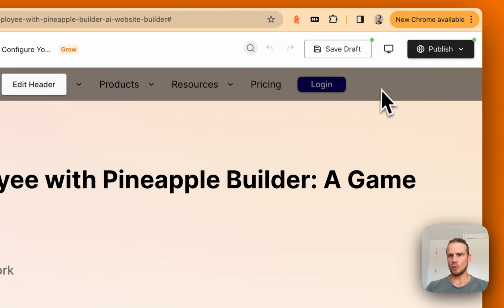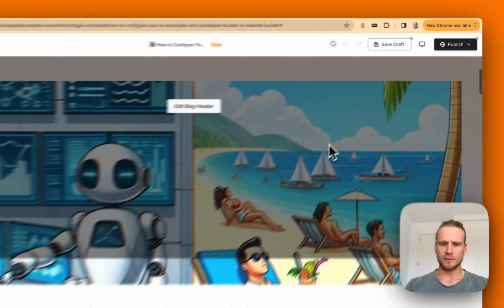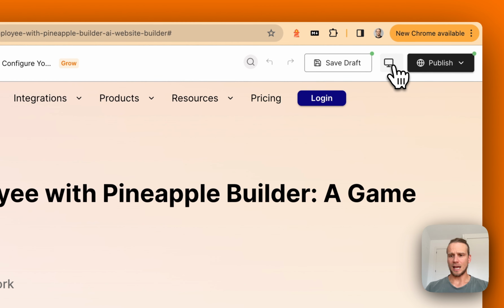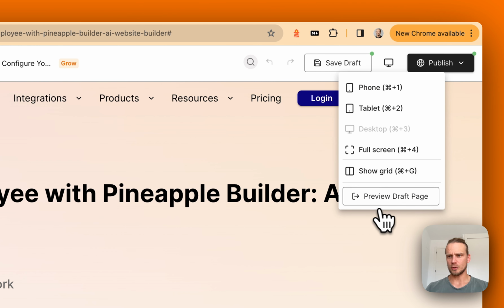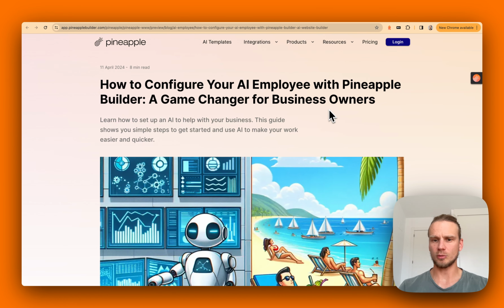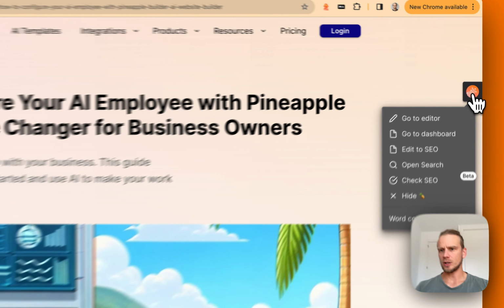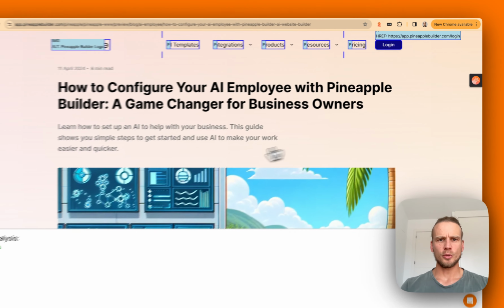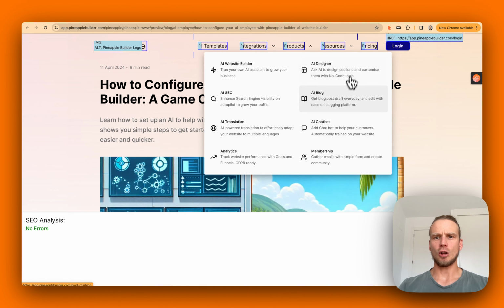Although as well, it's good to double check if the structure or all the links are working on your page. And now we have a new way to do it. So you can go and preview the draft page, so you don't have to publish your page yet. And over here you can just click the check SEO option, so it will actually highlight all the links,